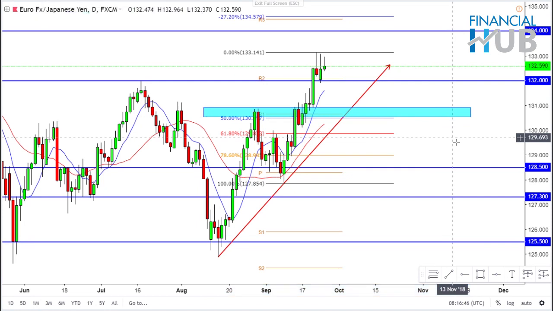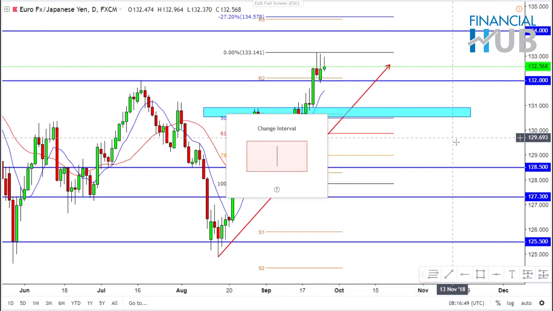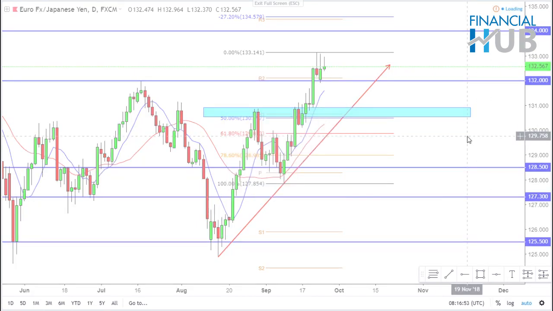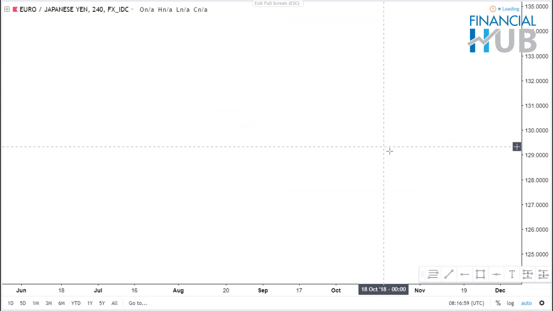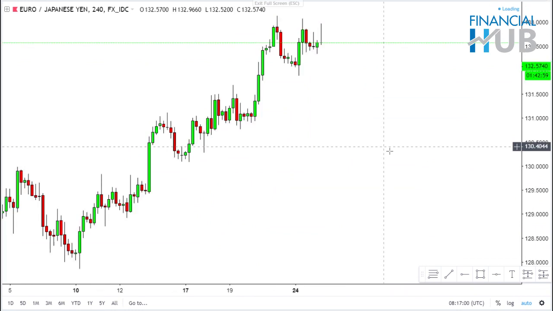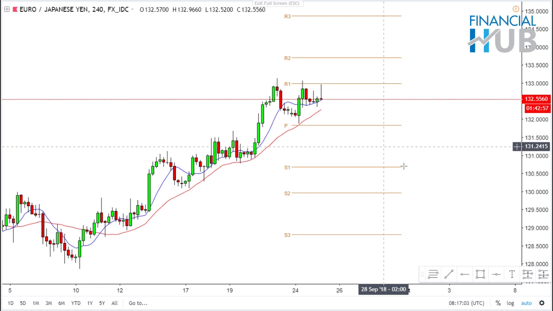Euro Yen and the Euro Dollar have been going almost in the same direction for some time now, since the dollar and the yen have been performing almost similarly. So that's Euro Yen on a daily chart. Perhaps if I go down to the lower time frames, the 4-hour time frame, to see if there's any setup that can be executed. And on the 4-hour time frame, we have,